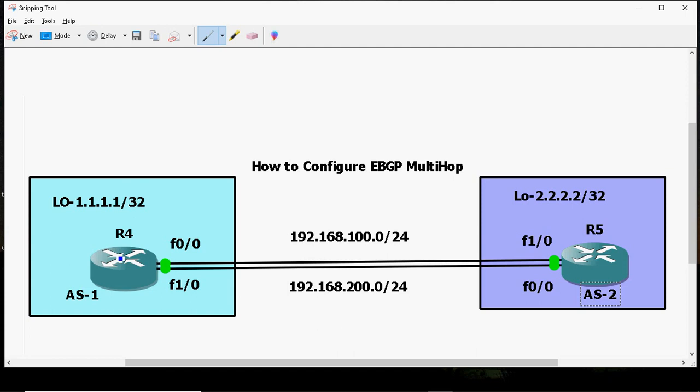So the first diagram I showed you is a poor idea and poor design, because the R2 router doesn't have any idea about the R1 and R3 LAN networks. So this scenario is good, and you can do load balancing also.